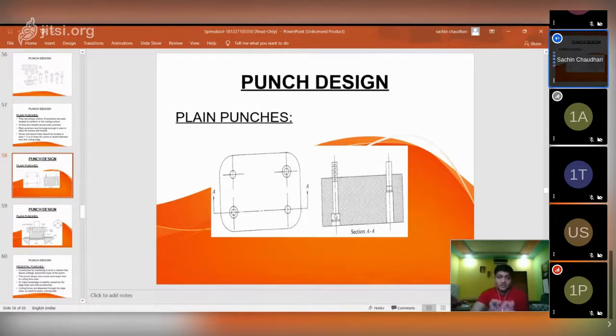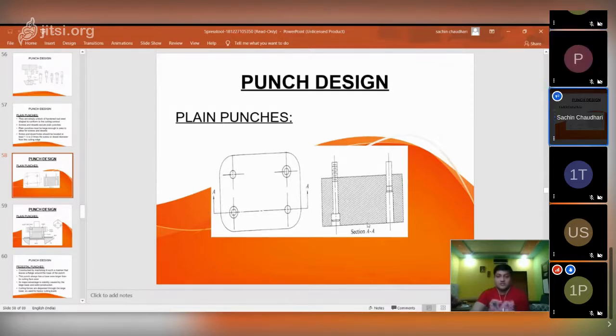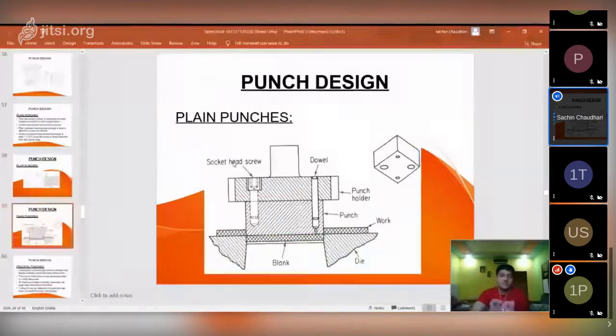Okay, so it comes with the screw and dowel. Okay, so this is a section of punch according to AA. So this is a section of punch. This is a simple punch, how it is fitted, and you will get the blank. Okay, so for the blanking purpose or for the simple piercing purpose, you can use this simple punch also. Where this punch is the exact size and shape of your blank or of your piercing operation. होल असेल तर होलच्या साईजचा असेल, शेपचा असेल, ब्लँक असेल तर ब्लँकच्या साईजचा शेपचा.